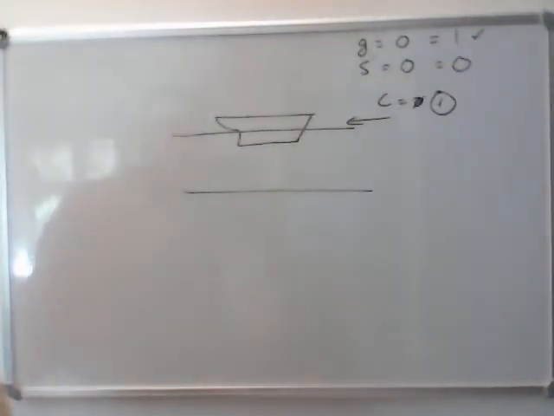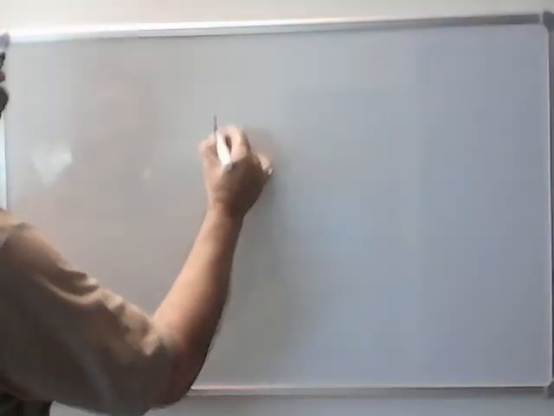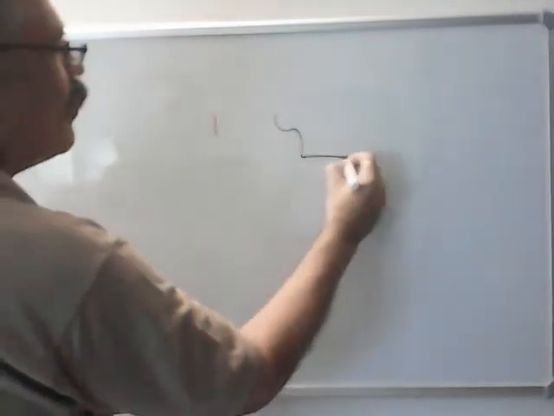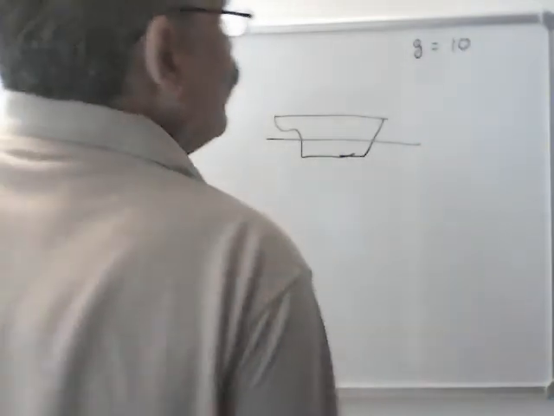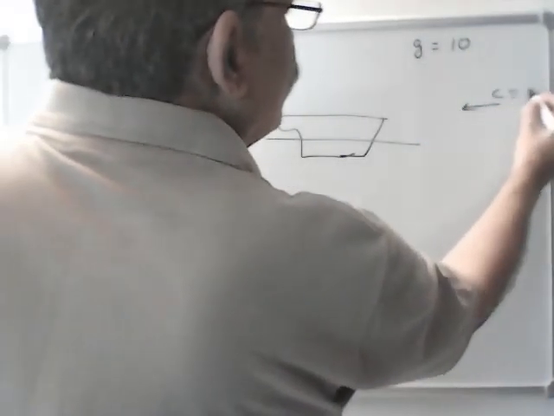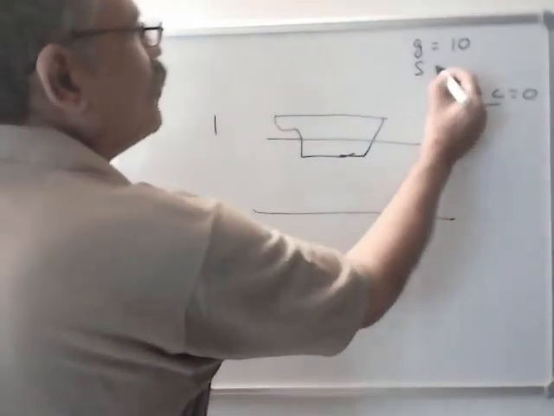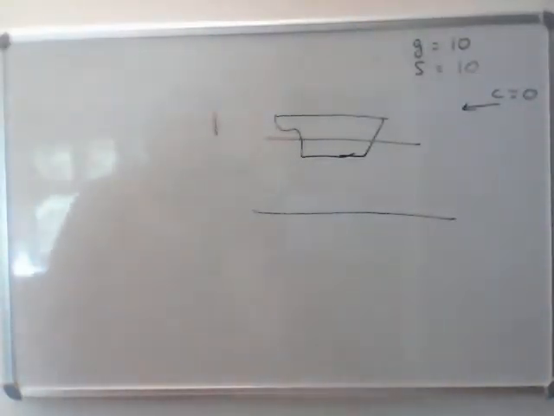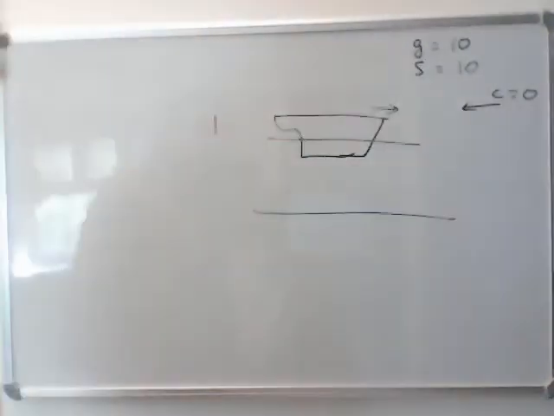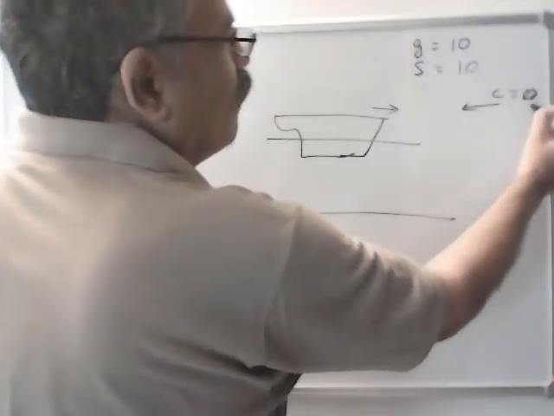Now we do one more example. A ship is sailing in open sea with a GPS speed of 10 knots. So GPS is showing 10 knots and there is current which is 0. So what will the speed log show? 10 because current is 0 and ship is moving in this direction. Now suppose you get a 1 knot current. This current suddenly changes from 0 to 1.